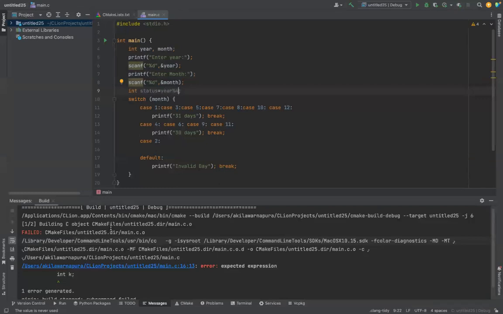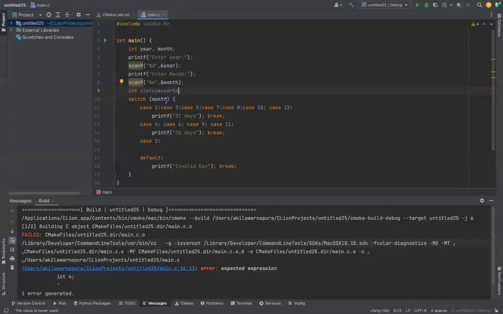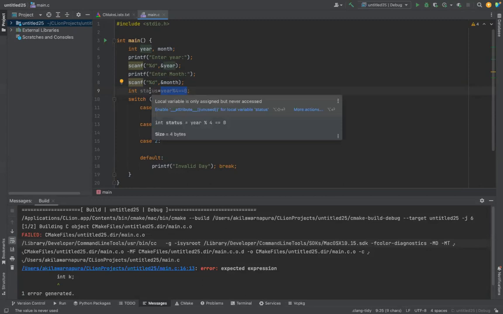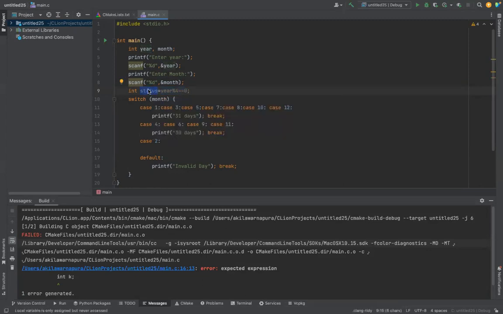So if it is a year 2000, let's say you enter 2020, 2023, then if it is divisible by 4, that modulus sign will be assigned to here. Then you can provide this equal 0. If it is equal 0, if it is true, the status is 1. Otherwise, status is 0. You know that if the status is 1, that means it is divisible by 4. So here again you can use switch